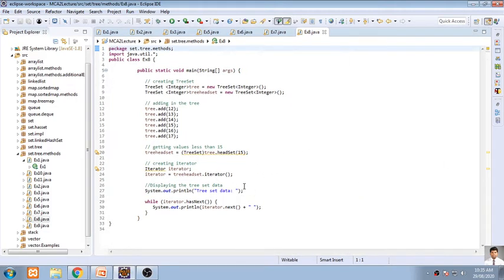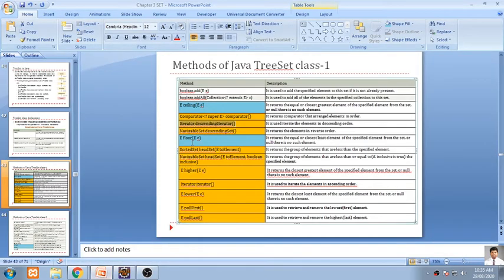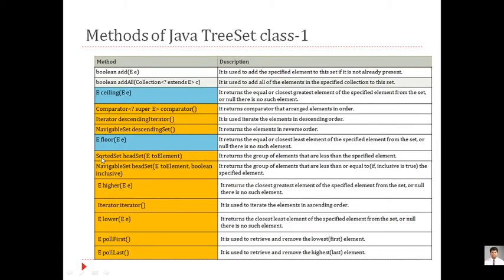Now we'll go for another method called hash set. Now hashing is a function. Now what is hash set? We are there in hash set. So see, there is one more function called hash set here. Now what is this? It is a sorted set.